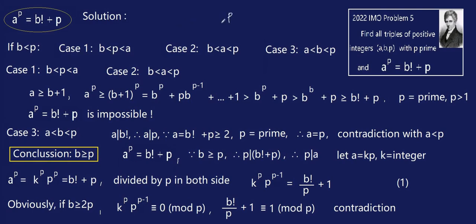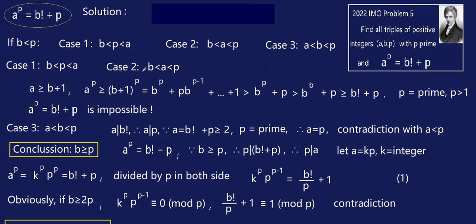Suppose this is p over here. And if a is here and b is here, b is less than p, but also less than a. So this is case 1. But a can be over here. In this case, a less than p greater than b. And a can be here. In this case, a less than b and less than p. We will prove all three cases are impossible.